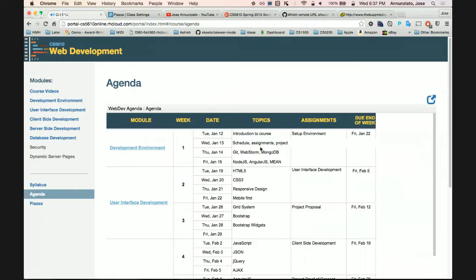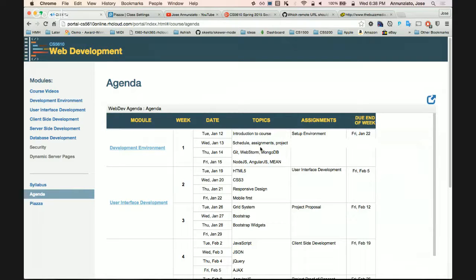So definitely Git. If you have a Mac, you already have Git installed. If you have Windows, you have to download one of the Git Windows clients. The other thing that you need to install is WebStorm. WebStorm is the IDE that we're going to be using. You might be already familiar with others, maybe Sublime or Visual Studio.